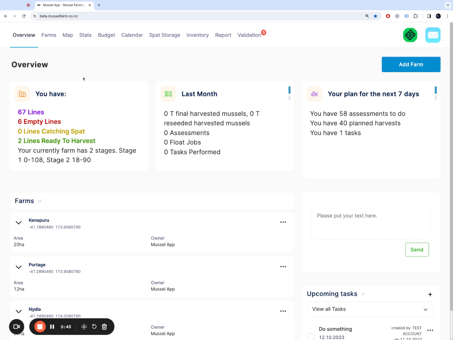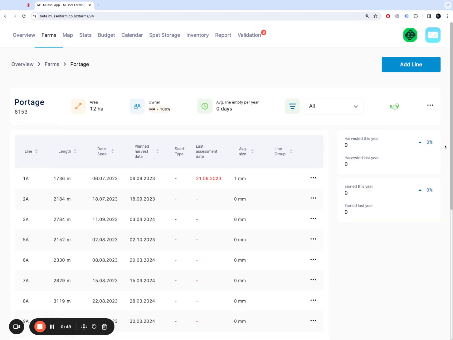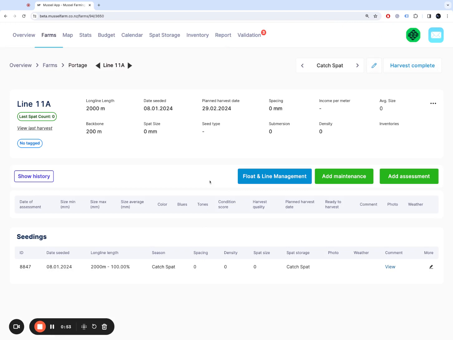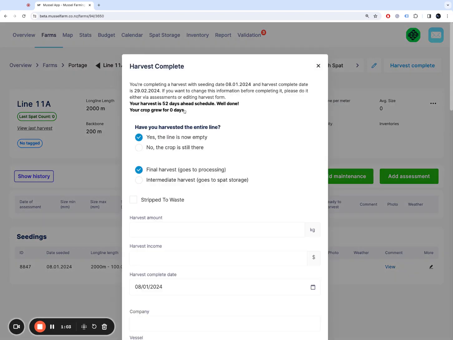So in here we have a mussel farm. Let me give you an example. If we go to a farm, on Portage, line 11A is catching spat. We prepared it before. We see it in here, and we want to harvest that line. So we click harvest complete. The line is now empty, and